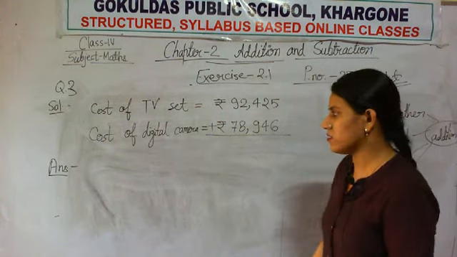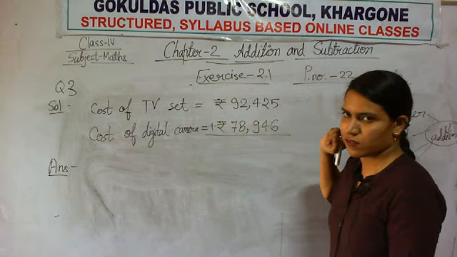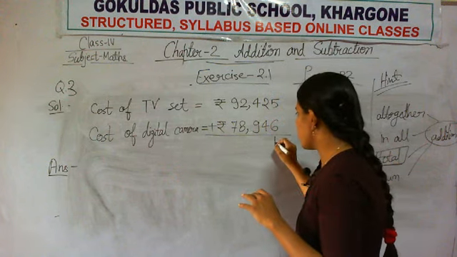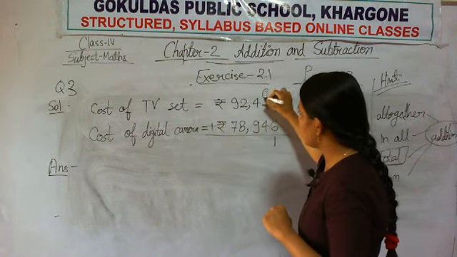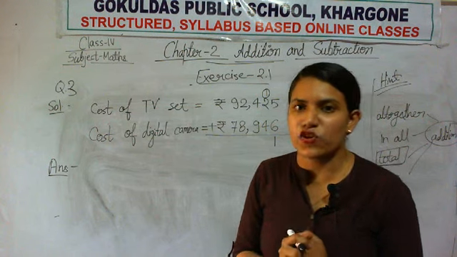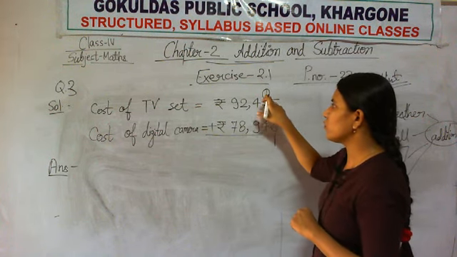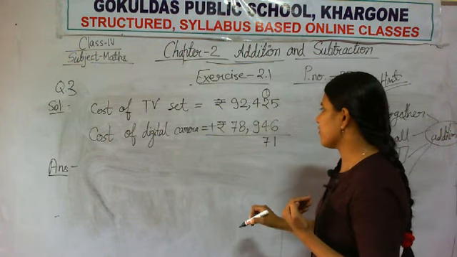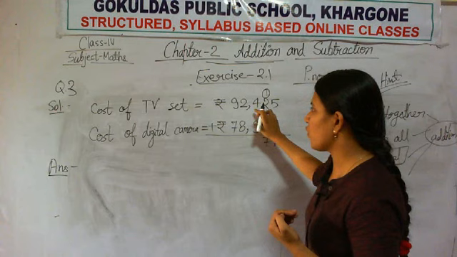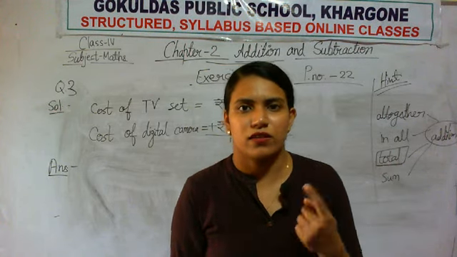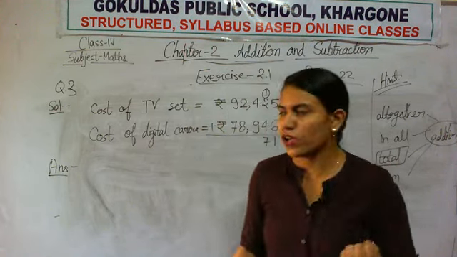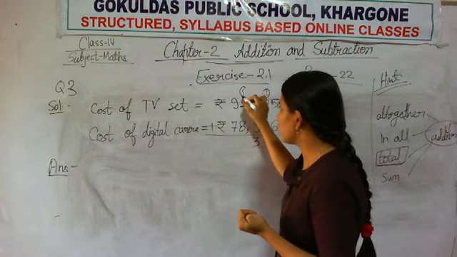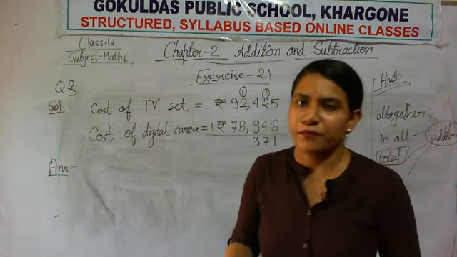So now add 5 plus 6. 5 plus 6 is 11. So you will write 1 here and 1 will be regrouped with the next column. Now add 1 to 2. 1 plus 2 is 3, plus 4. 3 plus 4 is 7. Now add 9 plus 4. 10, 11, 12 and 13. You cannot write 13 in the hundreds column. So you will write 3 here and 1 will be regrouped with the next column.